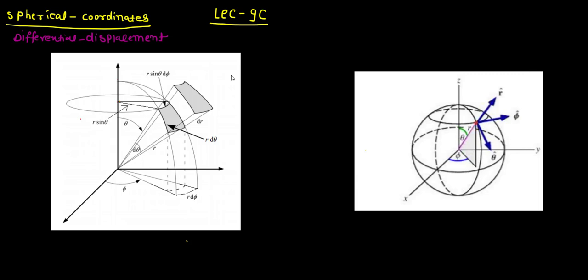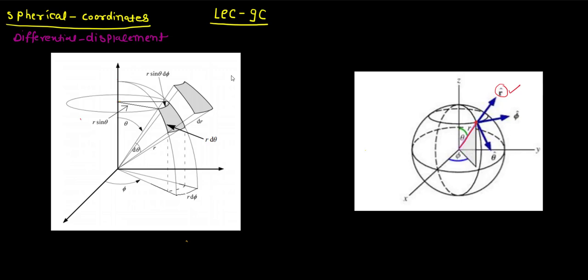So in this video I will talk about the line element, surface element and the volume element. In the last video we discussed the direction of r, theta and phi in the spherical coordinates, and we looked at that the direction of r is always in the direction of the radius and it is always radially outward. Okay, so if you are at this point, you just draw the radius and go into the direction of the radius, you will find the direction of r cap.